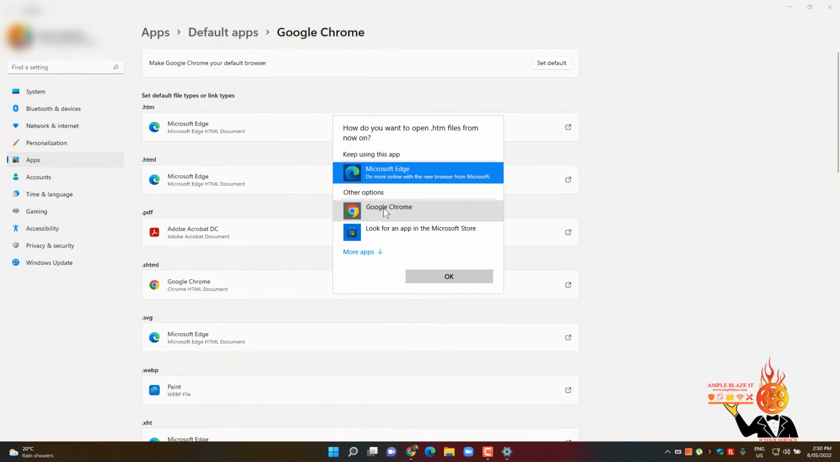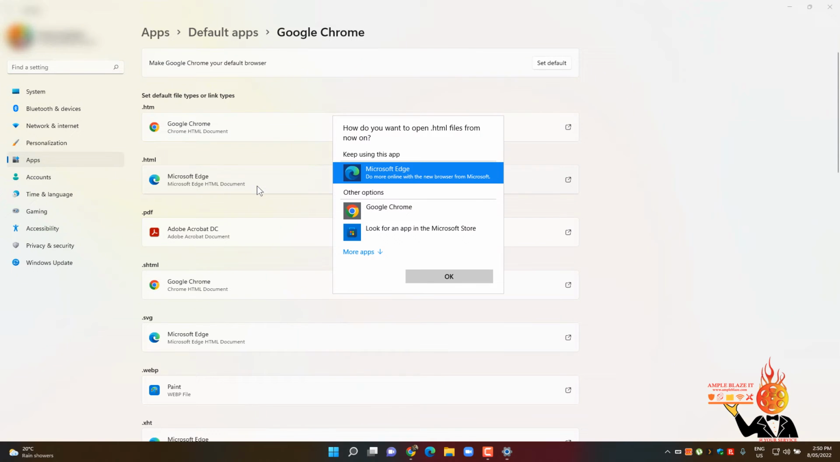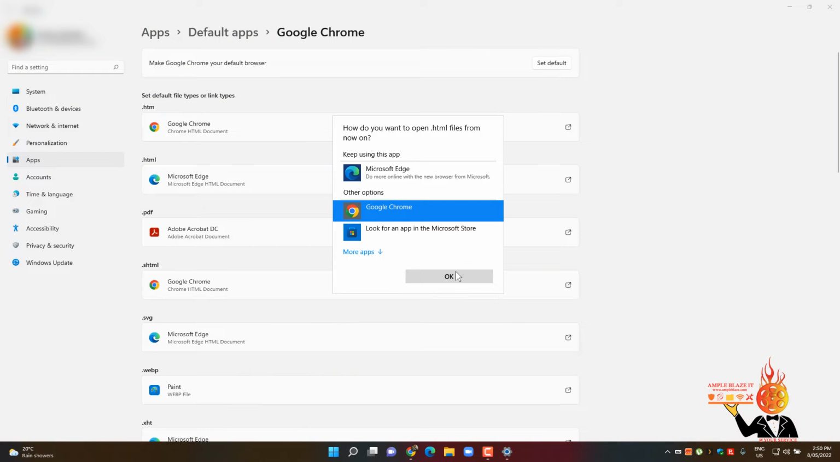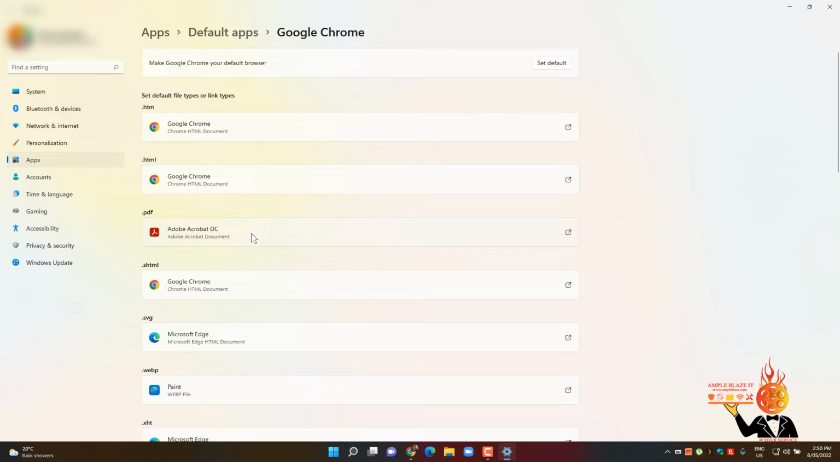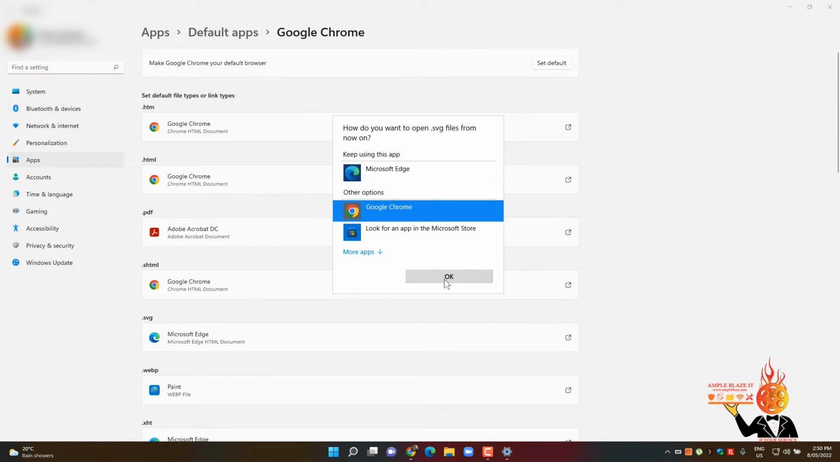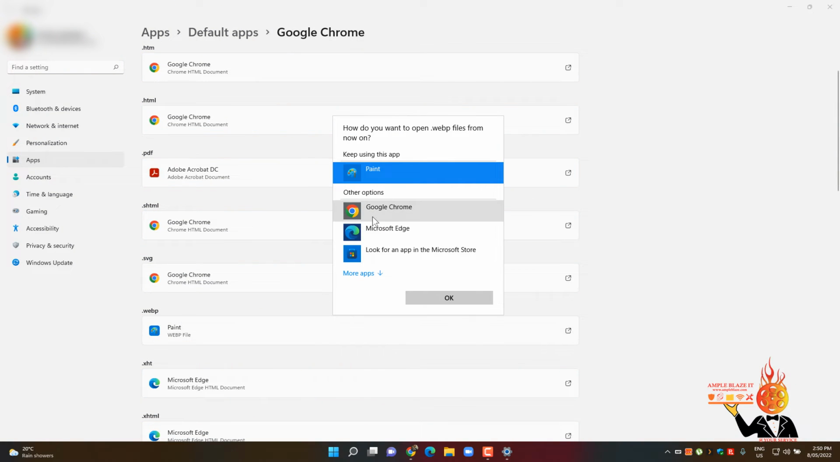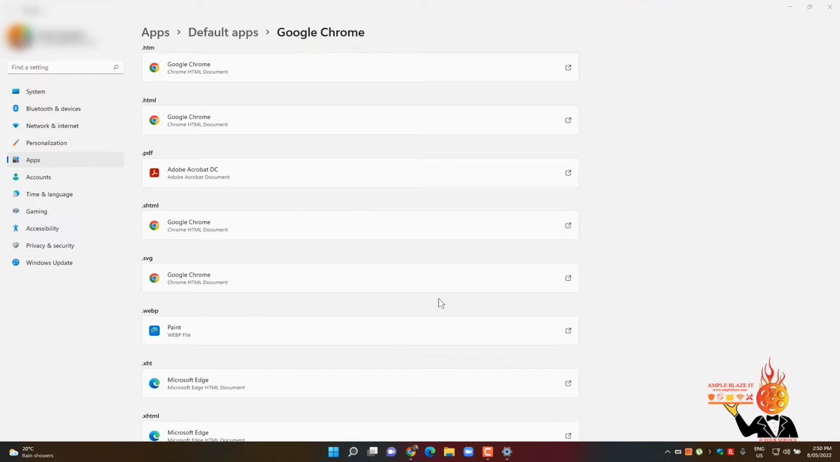switch, Chrome, okay, that one, okay, PDF, leave as Adobe, that one Chrome, .svg, make that Chrome, make that Chrome,